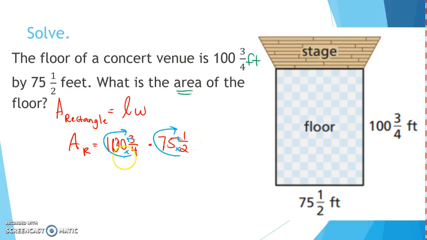And when we do that, we're going to get the area of this rectangle is going to be 40 3/4 multiplied by 15 1/2. Now again, we may not recognize any cross canceling. I don't see any cross canceling, so I'm actually just going to multiply straight across and get some big old number, which is totally fine. We'll deal with that at the end. But we end up getting